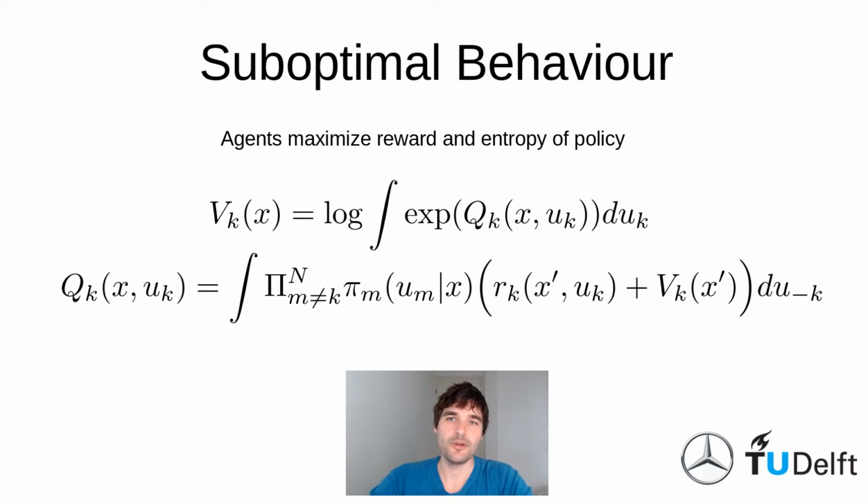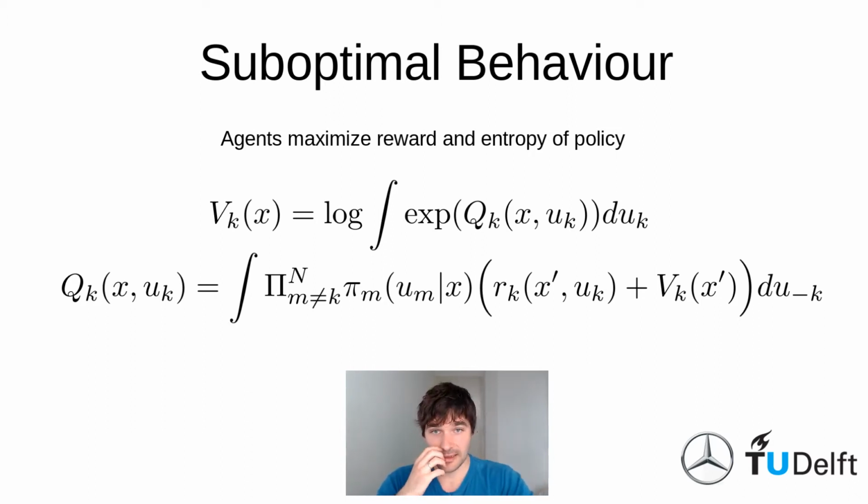All right, we're going to model the agents suboptimally. So a human may not do exactly the same thing every time. Driving along a street, it may steer slightly differently, may accelerate, decelerate slightly differently. So humans are not optimal in the sense that they choose the best action, but a set of actions which are equally good or almost as good. So we're using a maximum entropy framework where the agent maximizes the reward and the entropy of the policy, so it maximizes its choices at the same time.